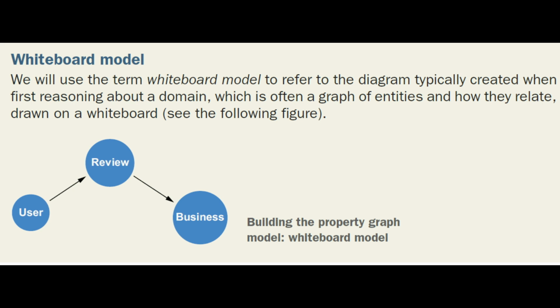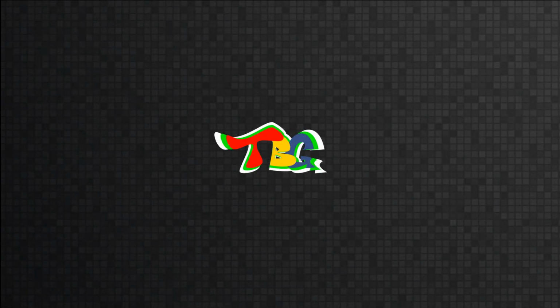How do we translate this mental model from the whiteboard model to the physical data model used by the database? In other systems, this might involve creating an entity relationship (ER) diagram or defining the schema of the database. Neo4j is said to be schema optional. While we can create database constraints to enforce rules, such as property uniqueness, we can also use Neo4j without these constraints or a schema. But the first step is to define a model using the property graph data model, which is the model used by Neo4j and other graph databases.